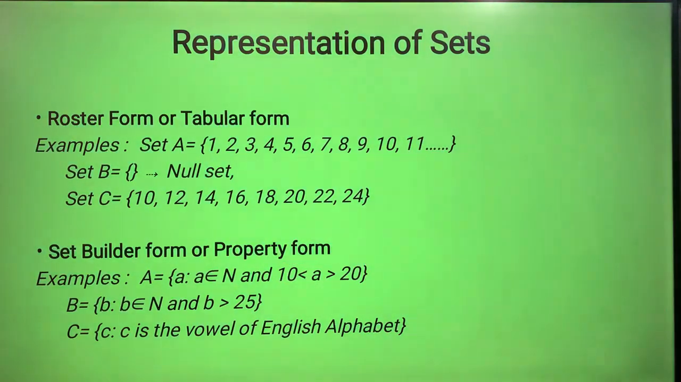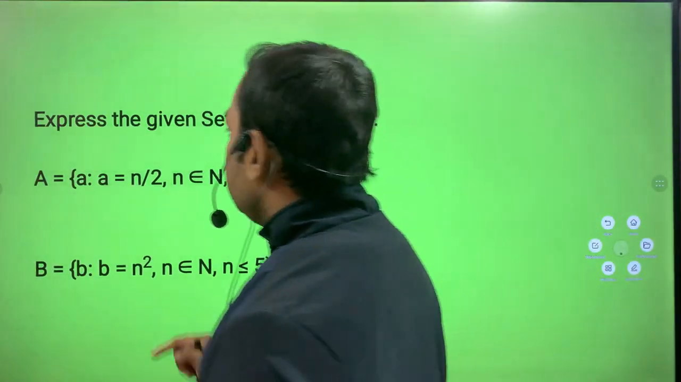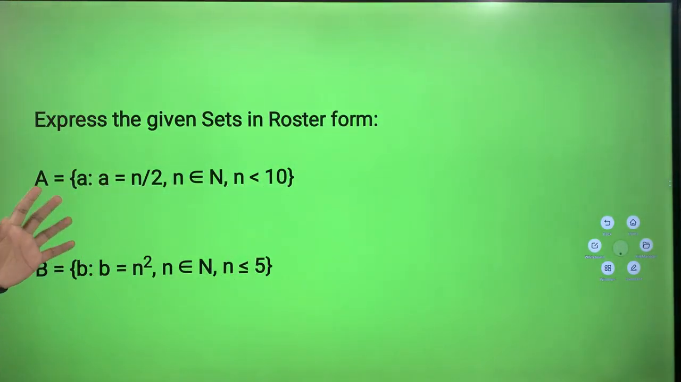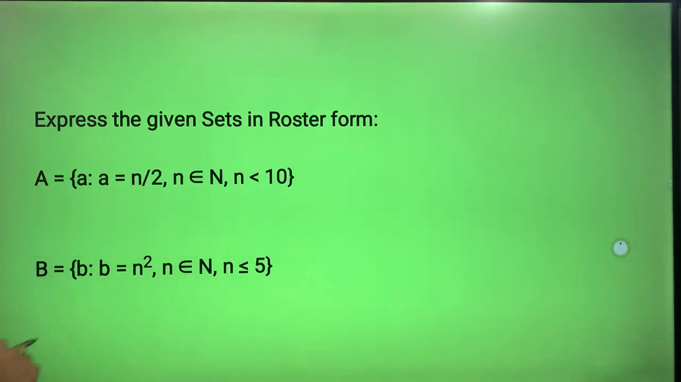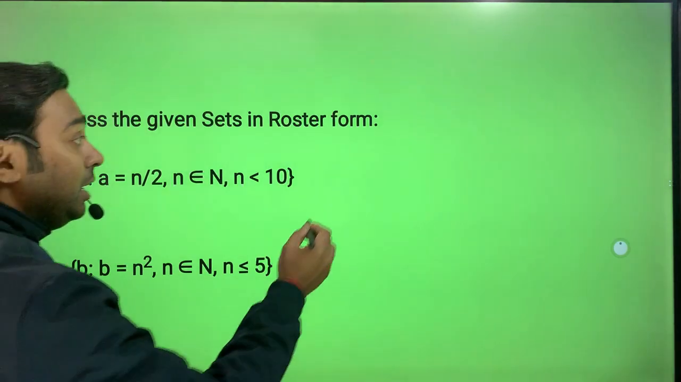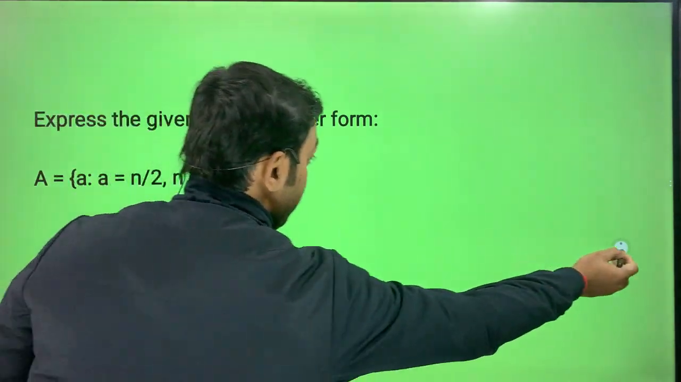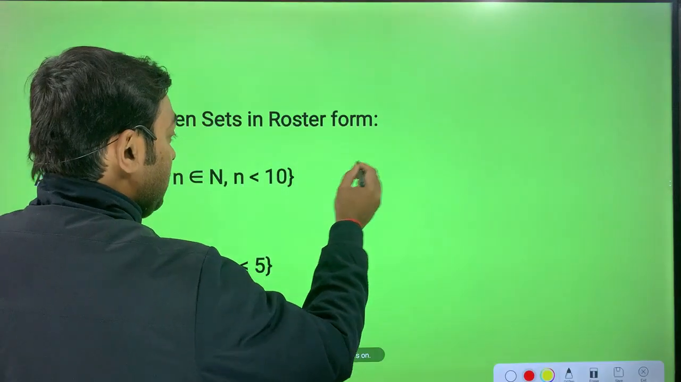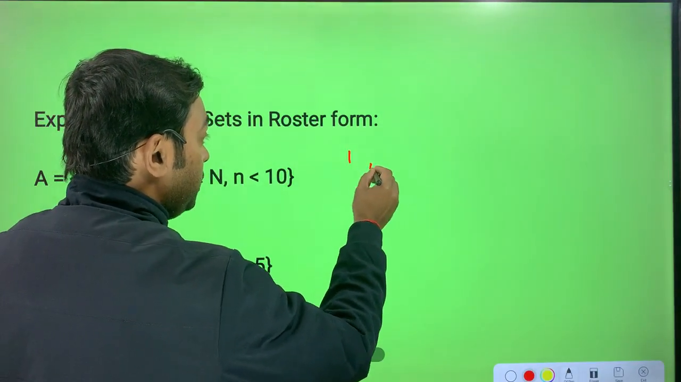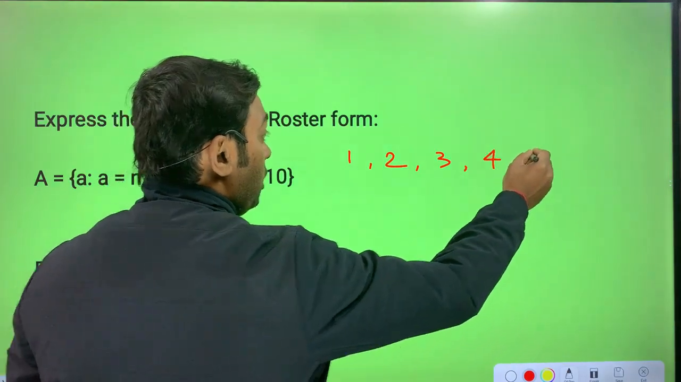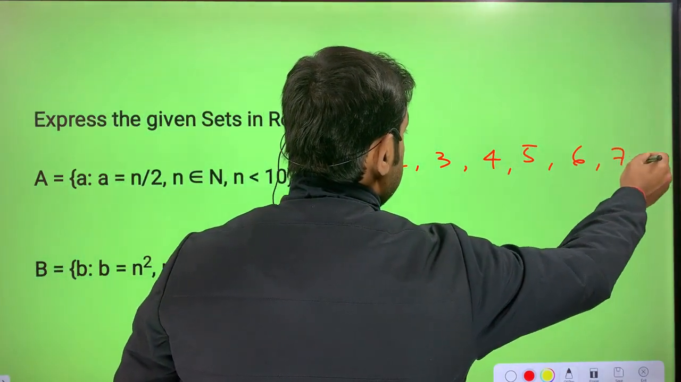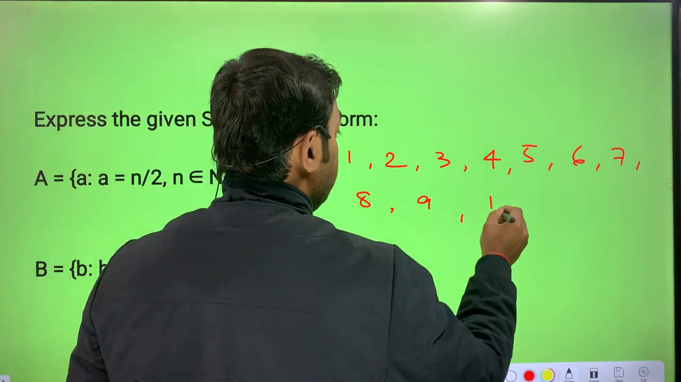Now let us move ahead. Express the given sets in the roster form that I showed you just before. How will you show that? So how will you show A belongs to n by 2 and n is less than 10? How many natural numbers are less than 10? So natural numbers less than 10 are 1, 2, 3, 4, 5, 6, 7, 8, 9 and 10, and